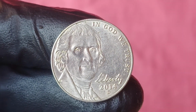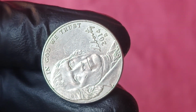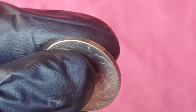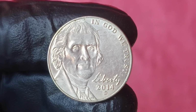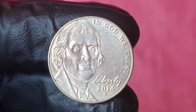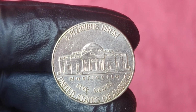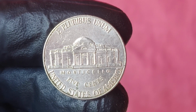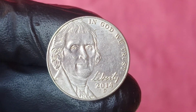The extraordinary valuation approaching $290 million for some of these error coins reflects not just the rarity of the minting errors, but the strong demand within the numismatic community for pieces that possess unique characteristics or historical significance. Whether you are new to the world of coin collecting or have been at it for years, there is always something new to learn and discover about coins and the market that surrounds them, especially regarding pieces like the 2014 D Jefferson nickel. Stay curious, continue exploring, and don't hesitate to